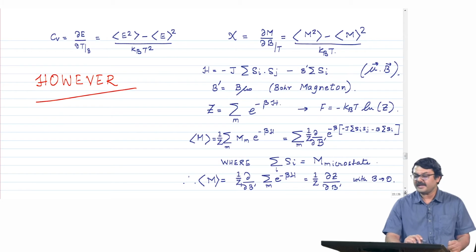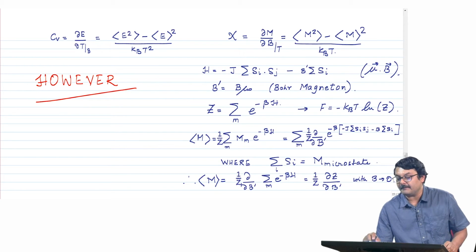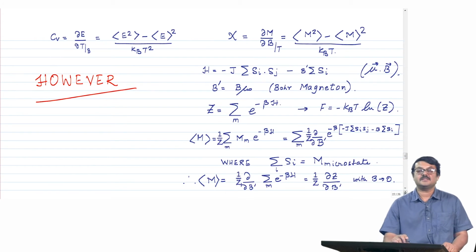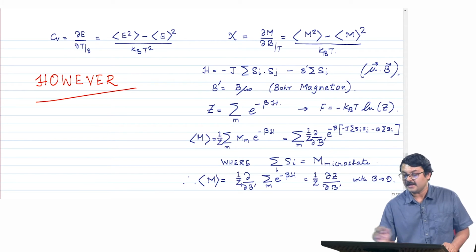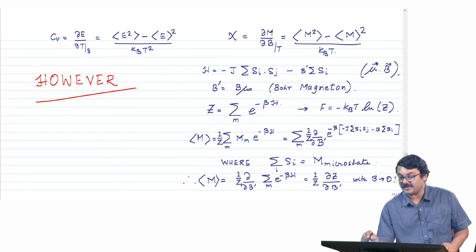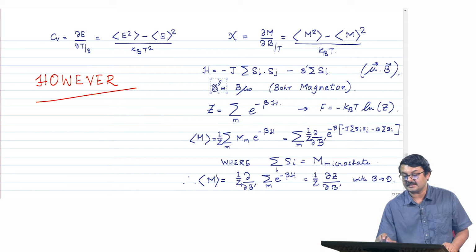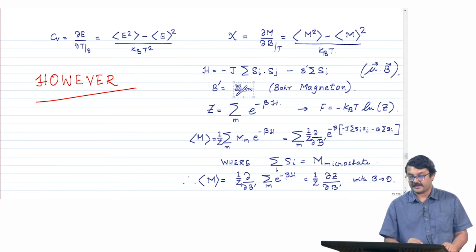You can also add a term which is nothing but minus mu dot B, mu being the magnetic moment of each spin and B being the magnetic field. Since we are writing in terms of the spin, mu is nothing but the Bohr magneton times the spin. Hence I have written B dash instead of the magnetic field, where B dash is the magnetic field B times the Bohr magneton. So you can also write it like this,